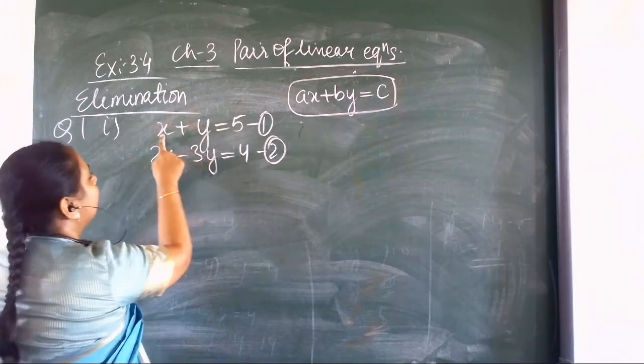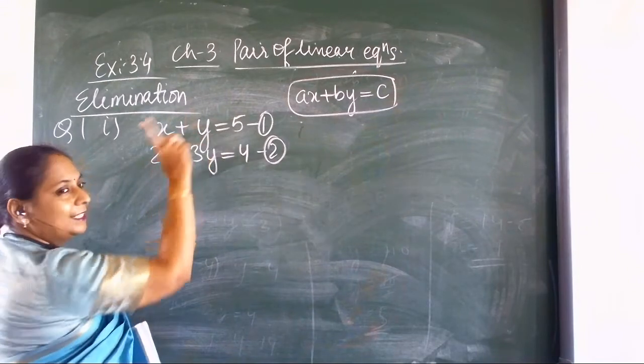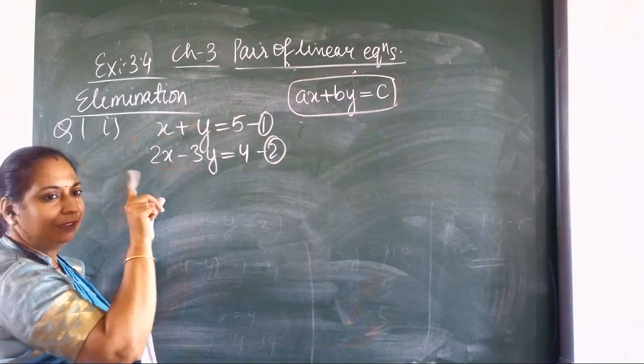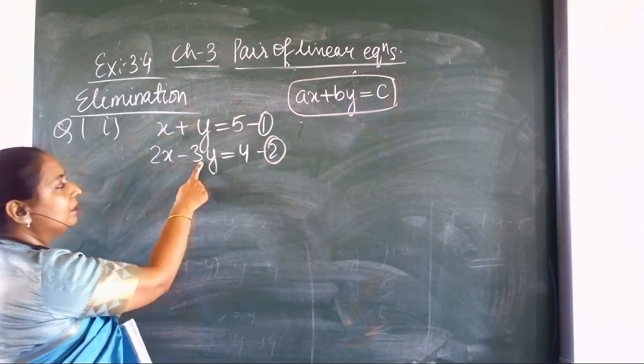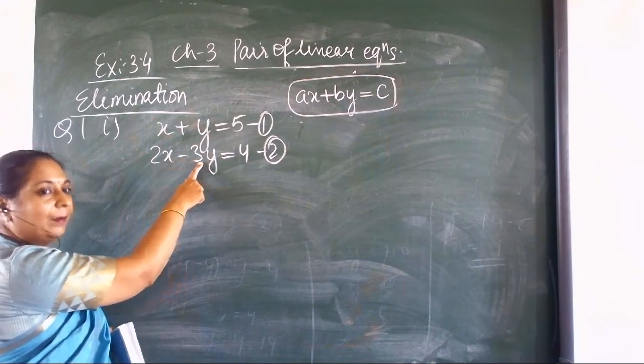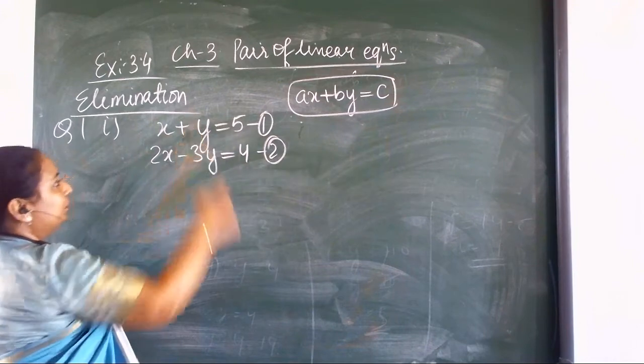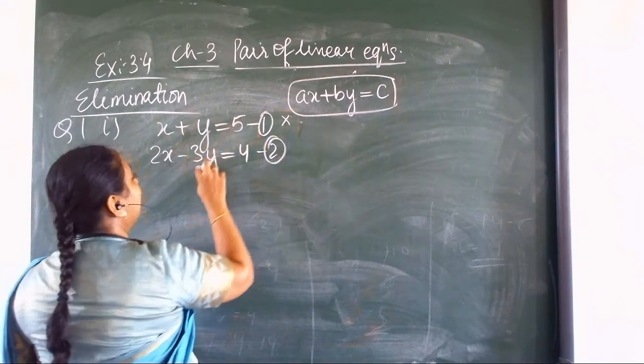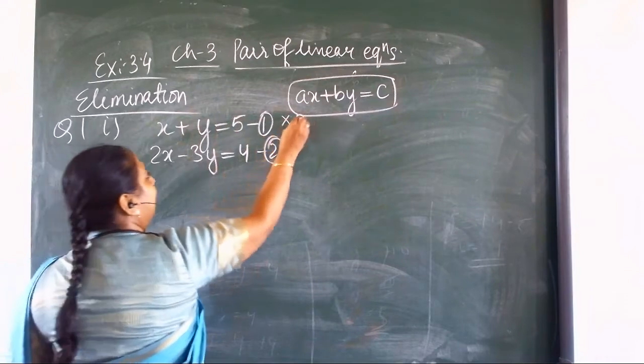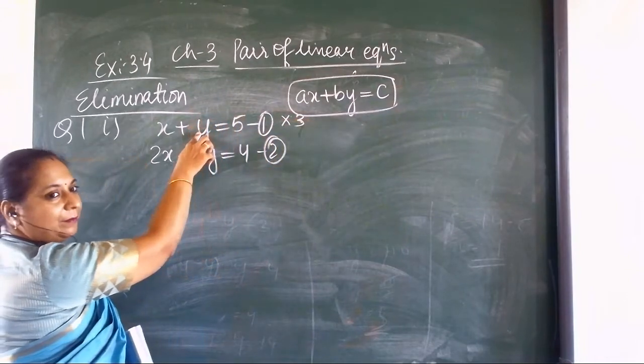See here, in this equation the coefficient of y is 1, and in the second equation the coefficient of y is minus 3. So to make it equal, we multiply the first equation by 3, then it becomes 3y,